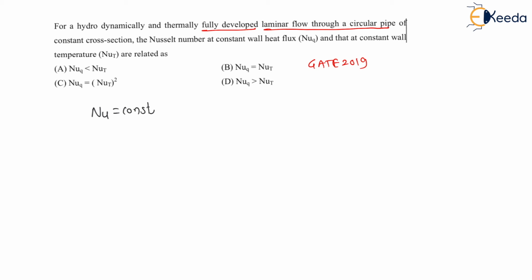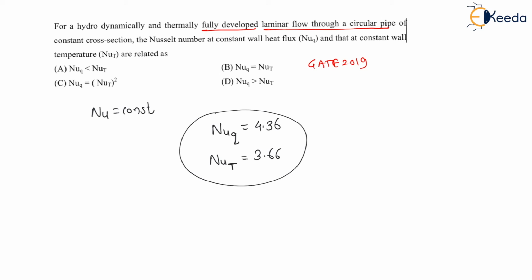And my dear students, for constant heat flux, this Nusselt number at constant heat flux is 4.36. This constant always we have to remember. And this Nusselt number at constant wall temperature is equal to 3.66, right? These values generally we remember for the competitive exams, and in theory lectures also I have explained this. Always you have to remember this, right? Therefore, let us check the value. Can I say the Nusselt number at constant wall flux is greater than the Nusselt number at constant wall temperature, right? Therefore, here we can say NuQ is more than NuT. Therefore, my dear students, for this question, option D will be the correct choice.